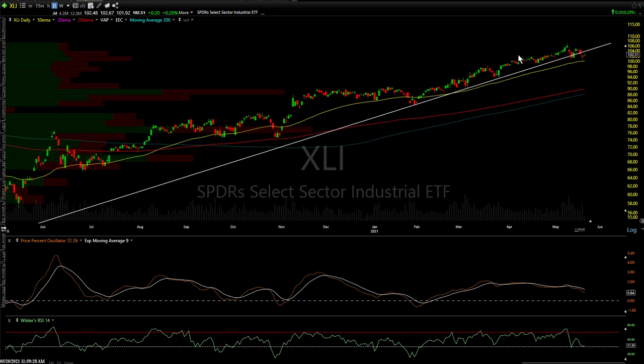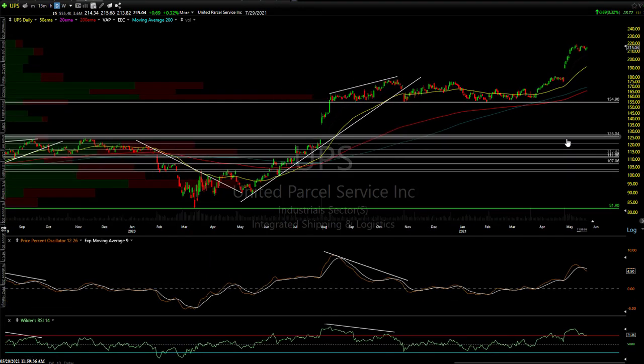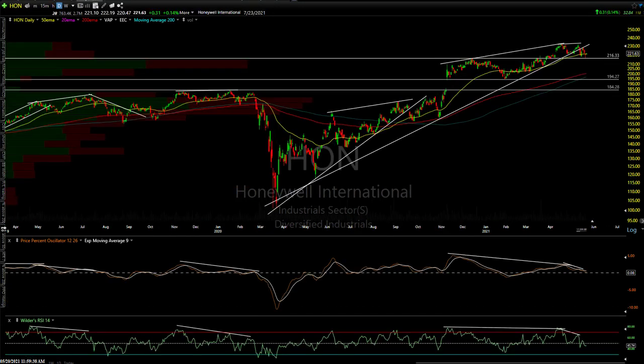And I guess when we're on industrials, I'll just show you a few other things. So let's look at a few of the big names here, and I'm just going to rifle through my charts. I don't have them all marked up, but these are some of the components of XLI, the industrials ETF. And so the ones I'll stop on, the ones that I see some pretty clear developments.